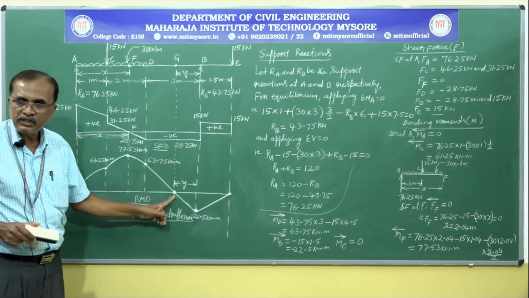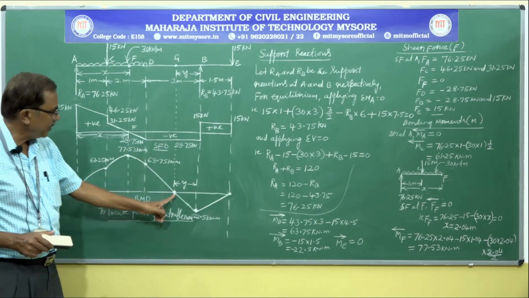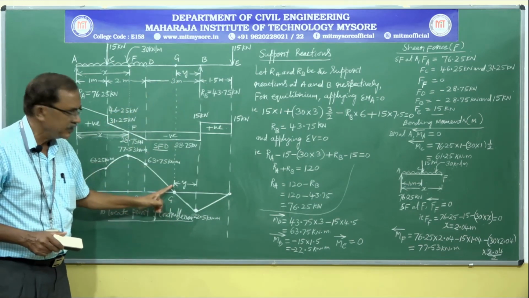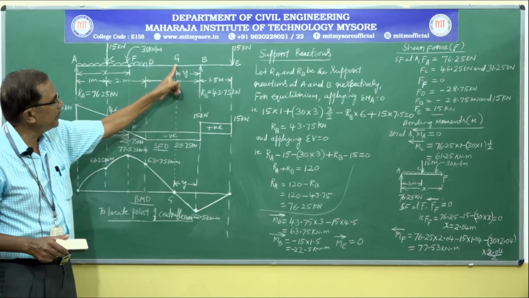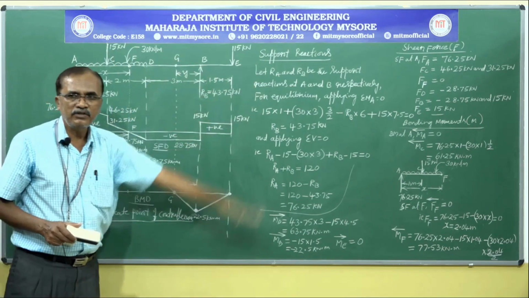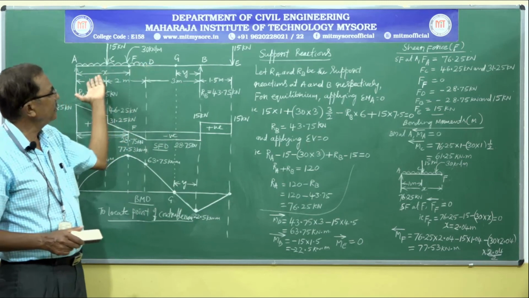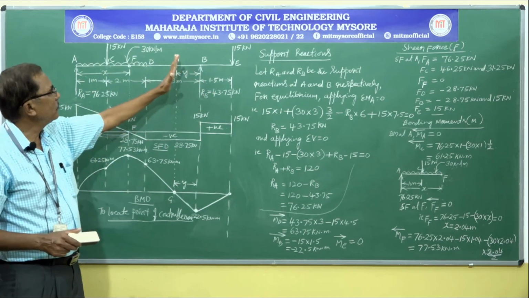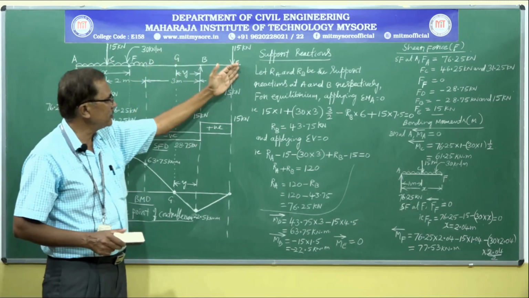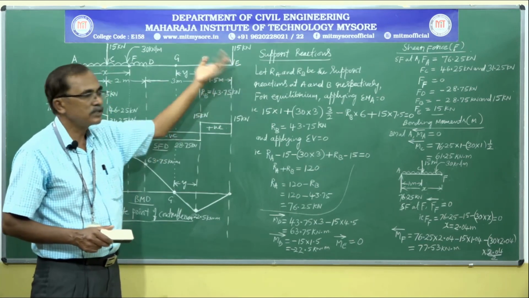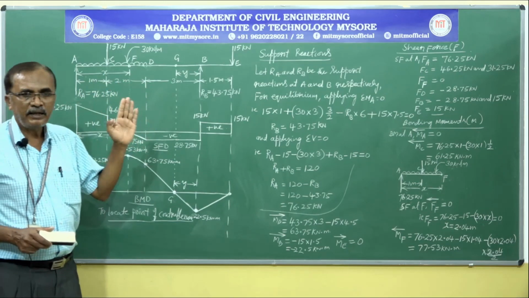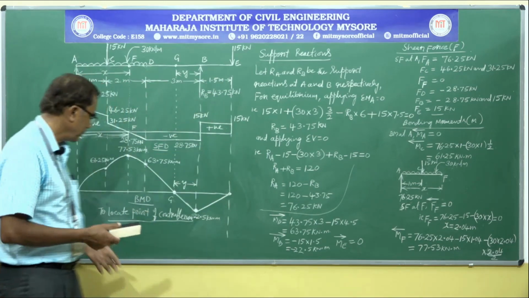We know the bending moment at point G is 0. Write the expression for the bending moment at point G by considering forces to the left of the point or to the right of the point, and equate it to 0. You will get y. Again, here the consideration is easy. To the left of G there are 1, 2, 3 loads, and to the right of the point only 2 loads, and these 2 point loads are ready-made loads, easy. Always consider the sides by careful observation of the loading condition.